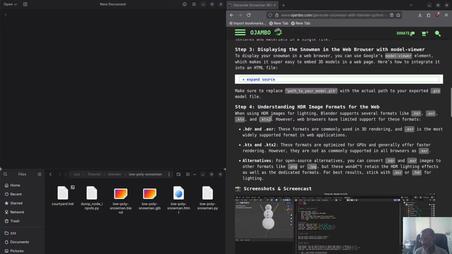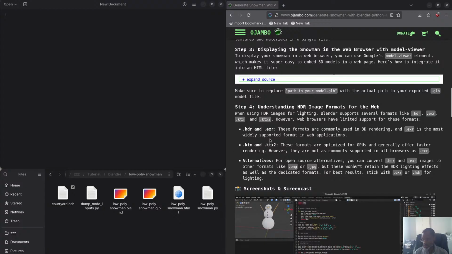But this one here, KTX2, all the GPU manufacturers and the working groups for the web said they will take this one up. KTX2 is meant so that the textured images go right into your GPU, as you can see here. Unfortunately, as of even right now, late 2025, the most common ones are usually HDR and EXR. It says here EXR is the most widely supported in web applications. This is not really true, because the good thing about EXR is that it's better compressed than HDR. But HDR is more